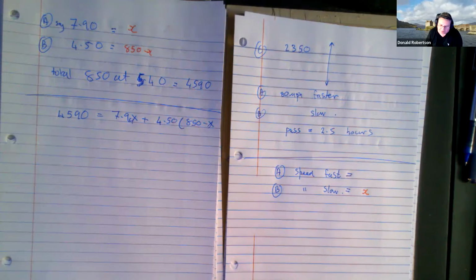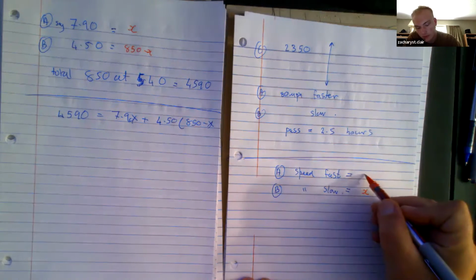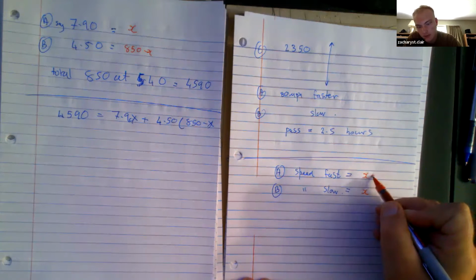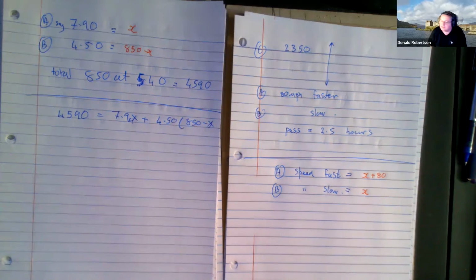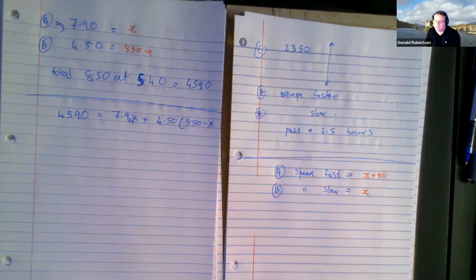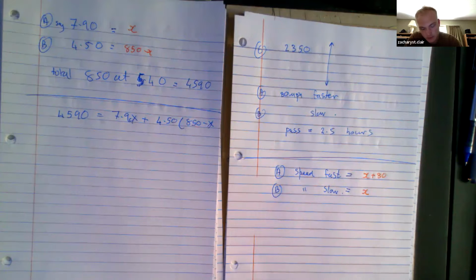What do I know about the speed of the fast one? Well, I don't know what it is, but I know it's 80 more. Right. So it's almost like the same thing we did, except it's going to be x plus 80, right? Yeah, you're right. It's 80 miles per hour faster. So we almost have our equation now. So wouldn't it be